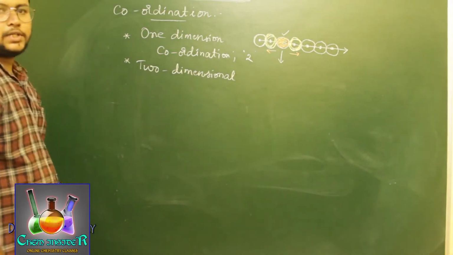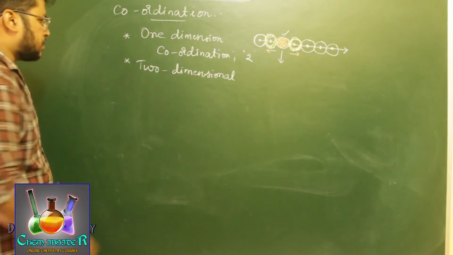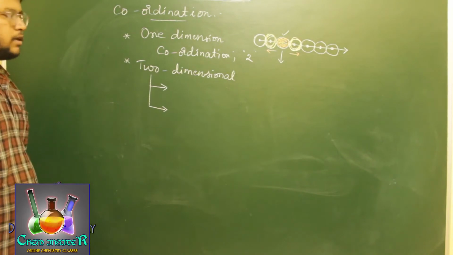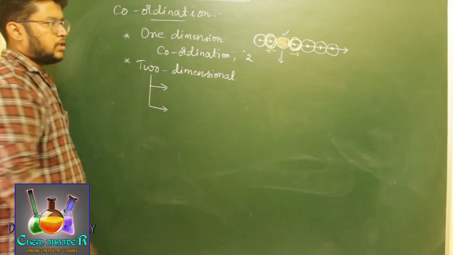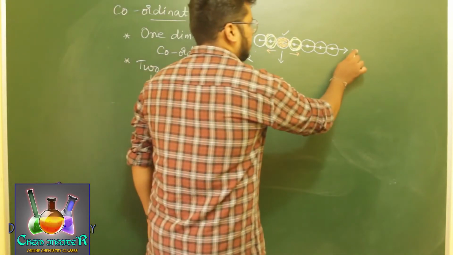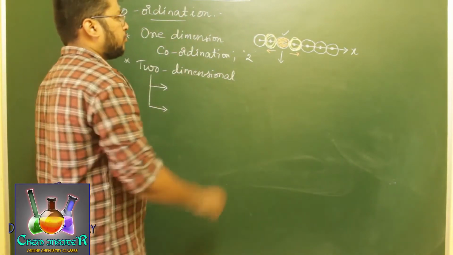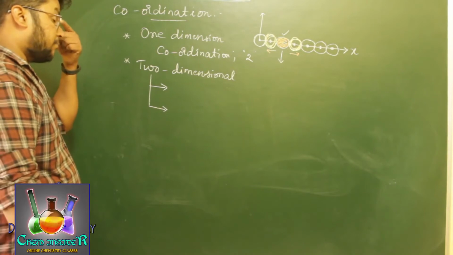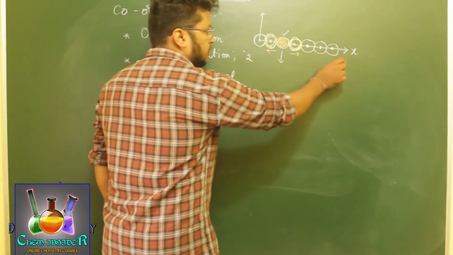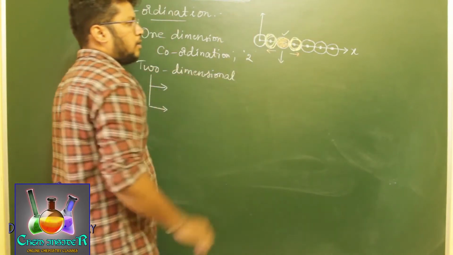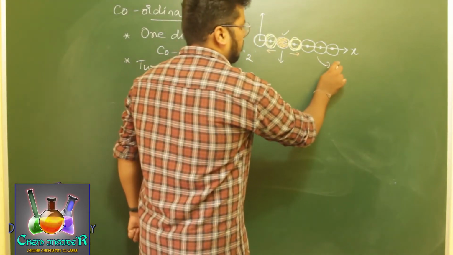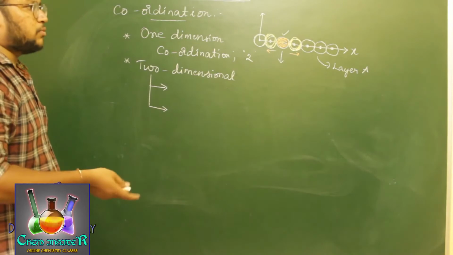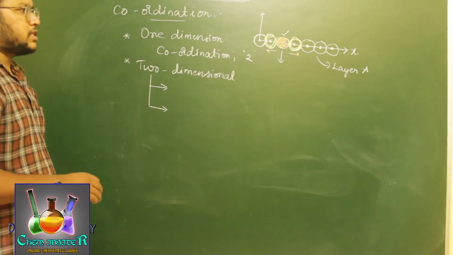And further, two-dimensional arrangements have two different parts, two more classifications. So first we'll just discuss how a two-dimensional arrangement is made. Let us say this is our x-dimensional atom row. Now we are going to arrange the atoms on the y-axis also. How can we do that? We can take these x atoms again and place them above the first layer. If we consider this as the first layer, or say layer A, we can take one more layer similar to A or just different to A.